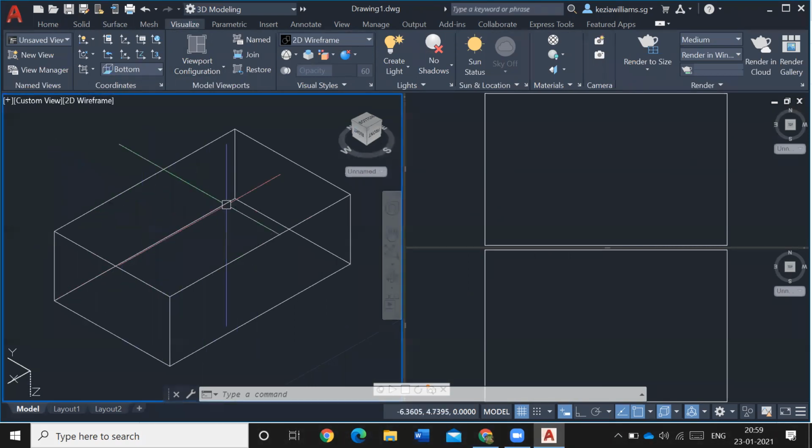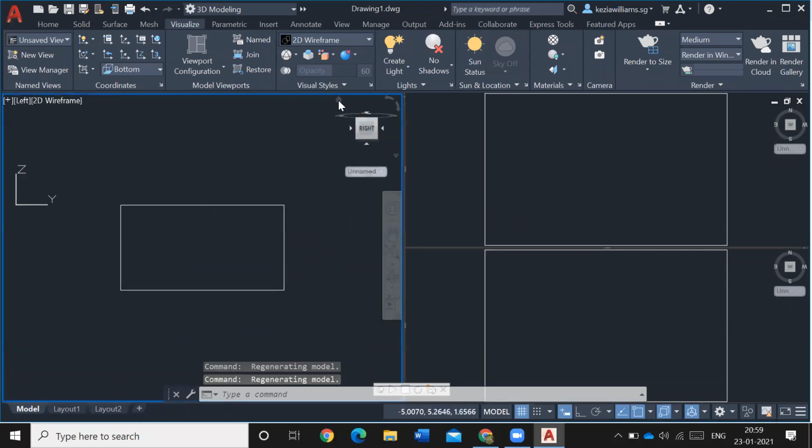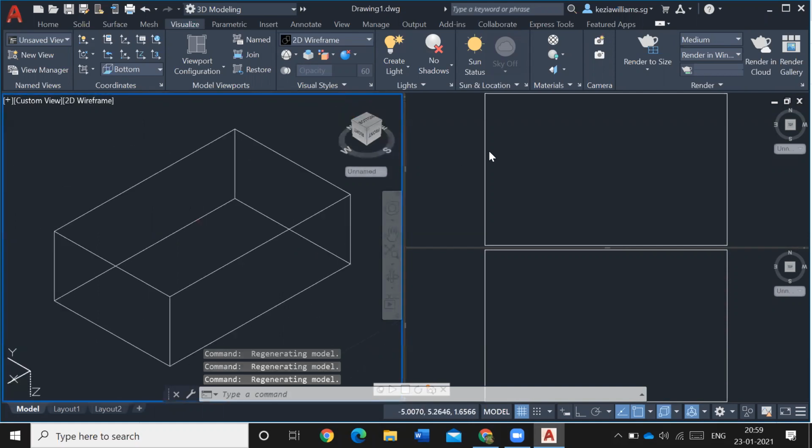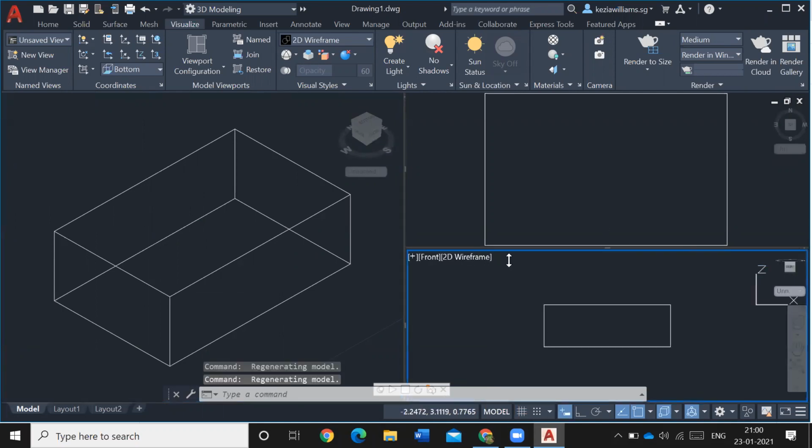Isometric view. Sorry, this is isometric, right? These two are called what? Anybody? Orthographic. Very good. So this is called orthographic and this is called isometric. Clear? Right.